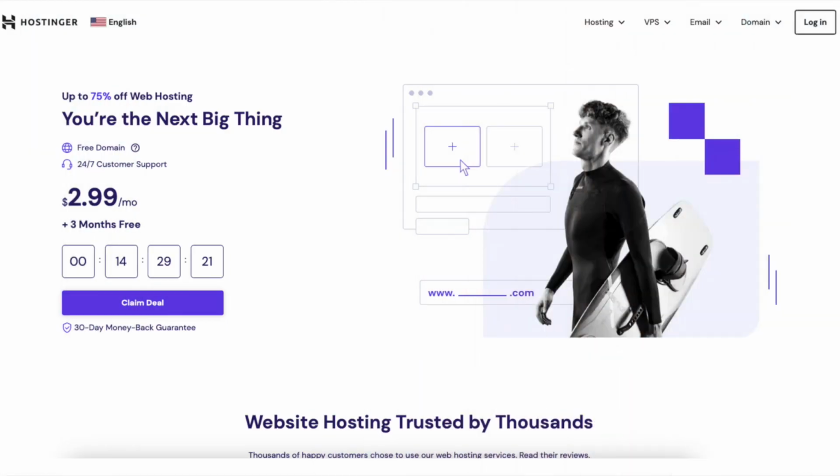Let's get started with the Hostinger website tutorial. The first thing you want to do to build a website with Hostinger is to click the link in the